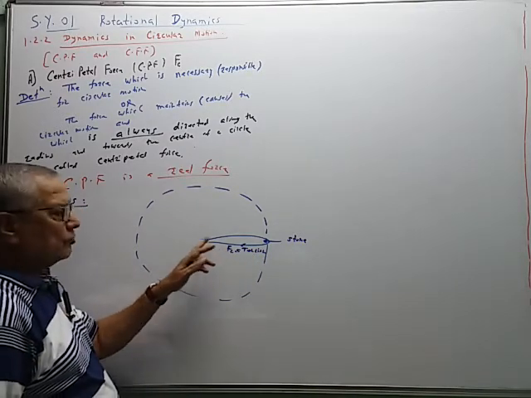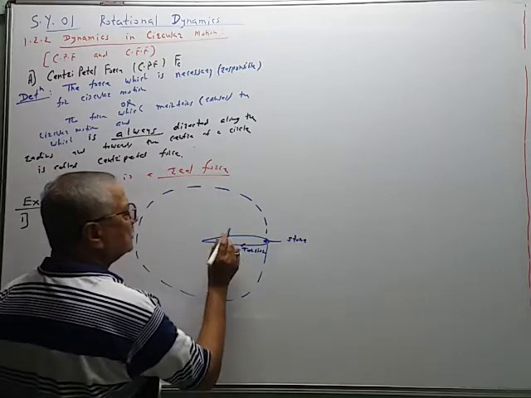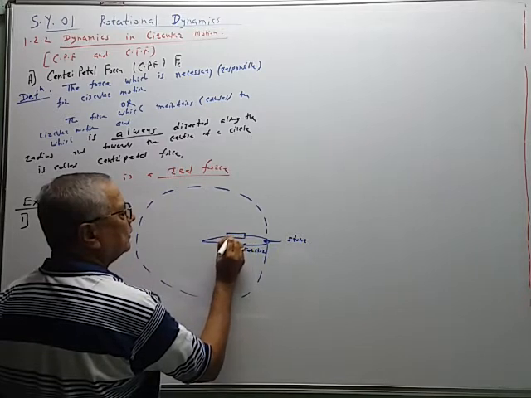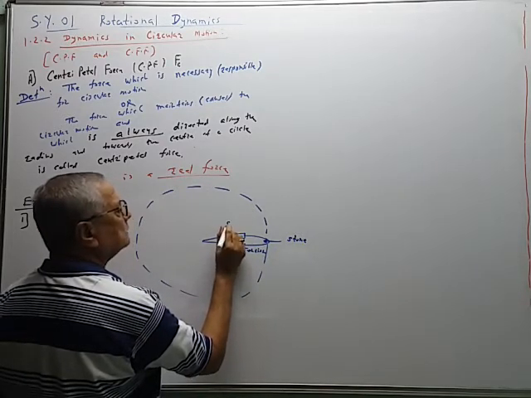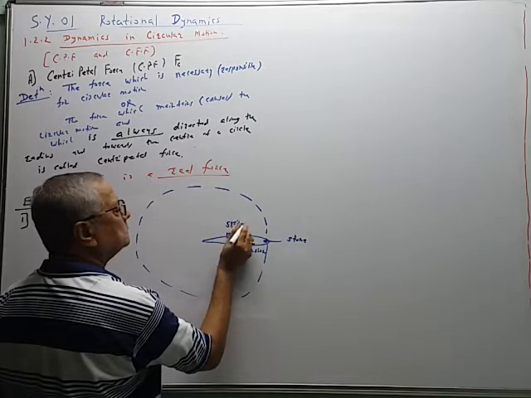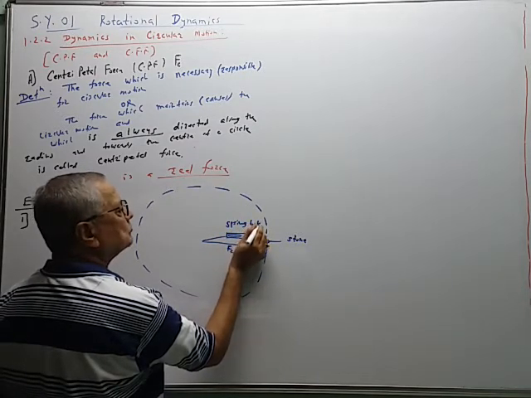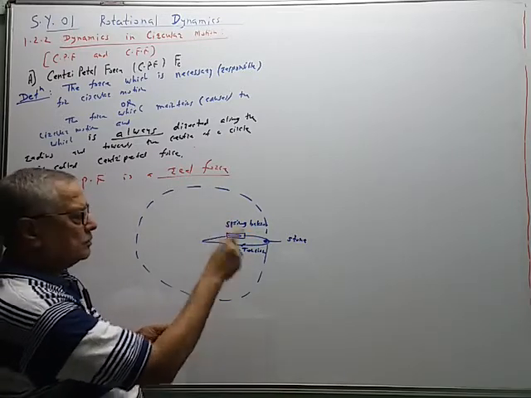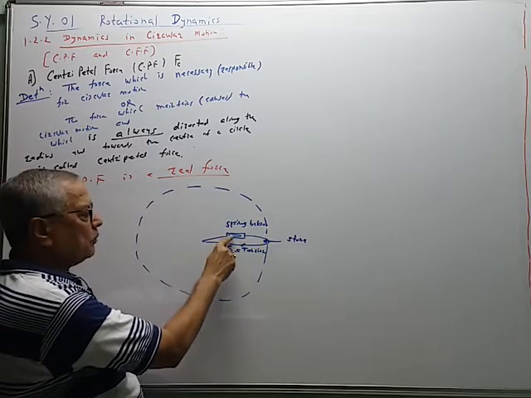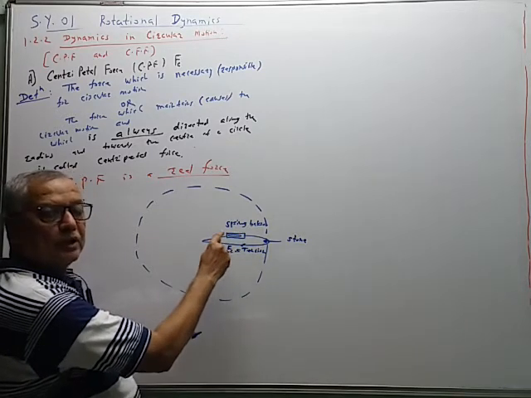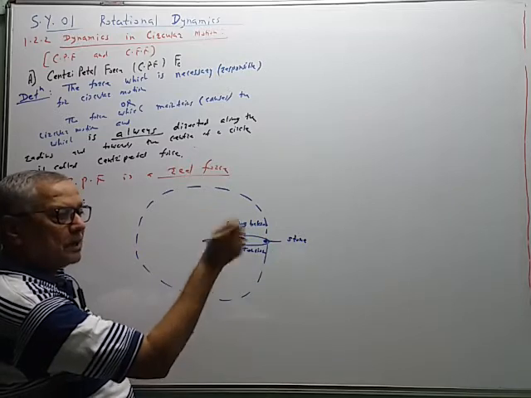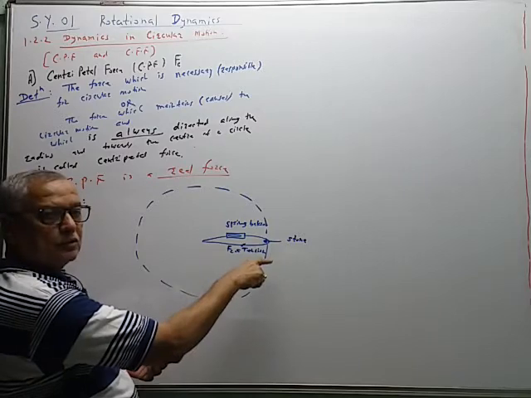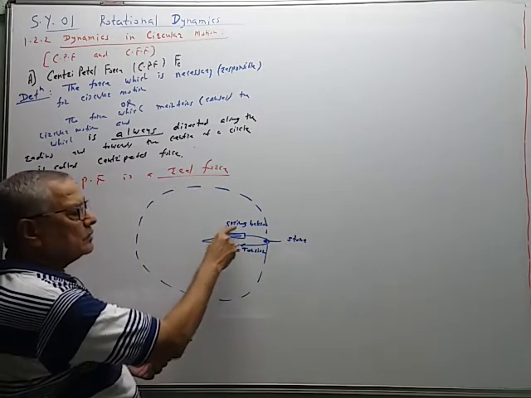So it is a real force. Why? Because we can measure it. A very simple method: break one part of the string, and here a spring balance is fixed. When we increase the speed of the stone in circular motion, the pointer of the spring balance shows more and more reading. So by applying tension with our hand, we produce the circular motion of the stone, and that force is measured using the spring balance.